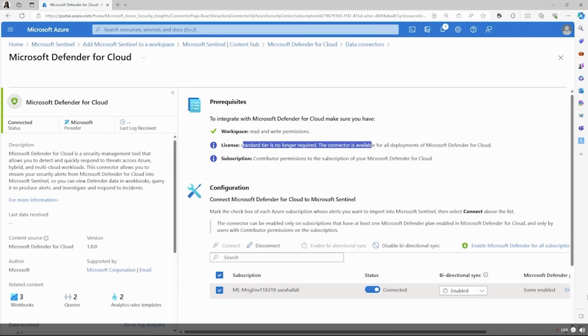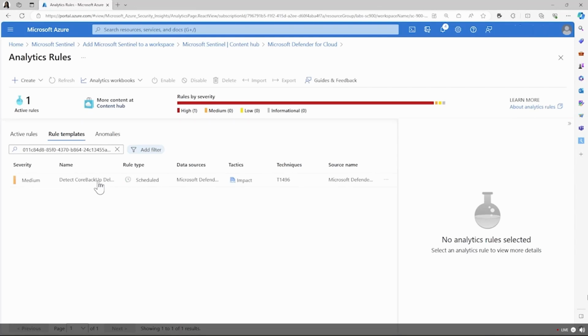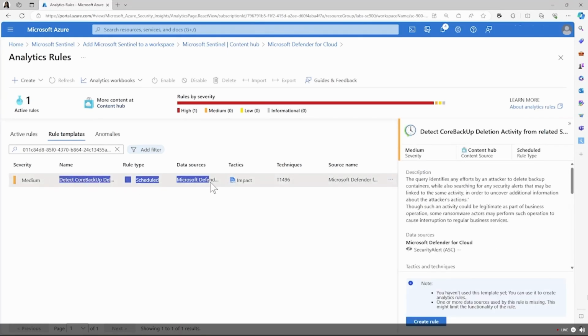Now let's get back to Microsoft Defender for Cloud and look to detect backup deletion activity from related security alerts. Now for this, I'm able to see that the rule type is scheduled, that data source is Microsoft Defender for Cloud. I could read the name, and I have the severity, which is medium. I have also a description of this, exactly what it does,